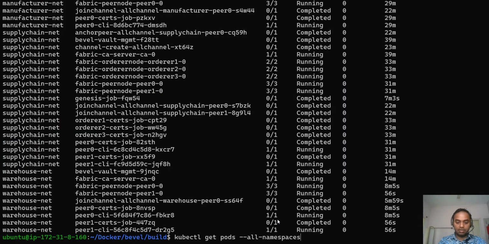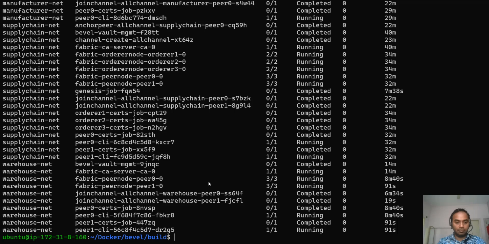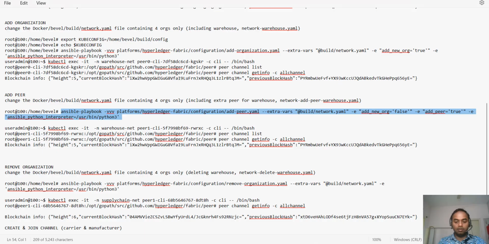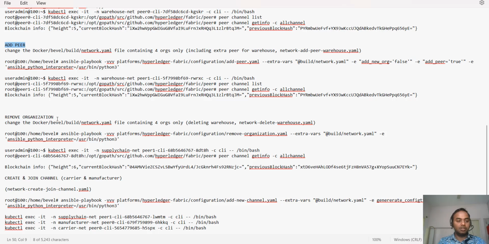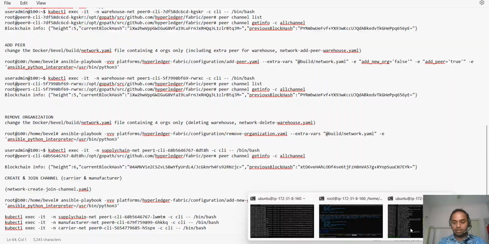Now again go back to the third terminal, run the command. As you can see here, we have the peer1 certs job completed, peer1 CLI is running, and we have the fabric peer node peer1 also running. So we have successfully added an extra peer to the organization in a running network. Now next is to remove an organization. So for that, again go back to the third terminal,